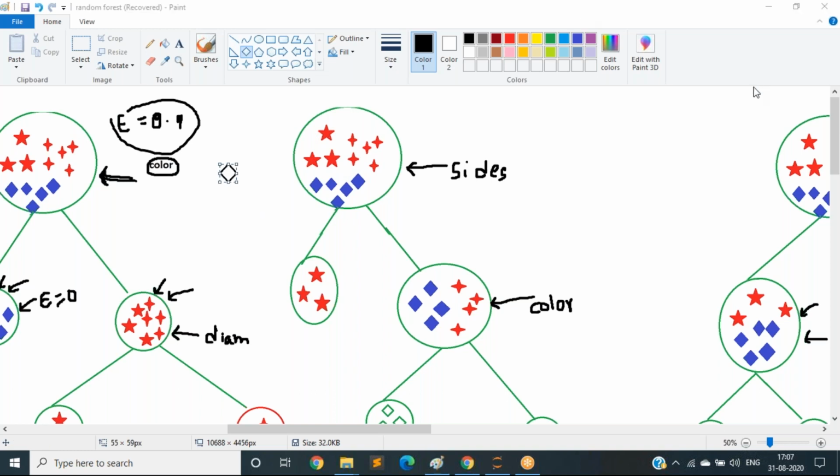Have you understood this? It is taking all the possible trees and comparing them to see which gives the most accurate result. Just like if you wish to buy a mobile or go to some place, you will ask for references from your friends or relatives about whether this mobile works well and the features are good.